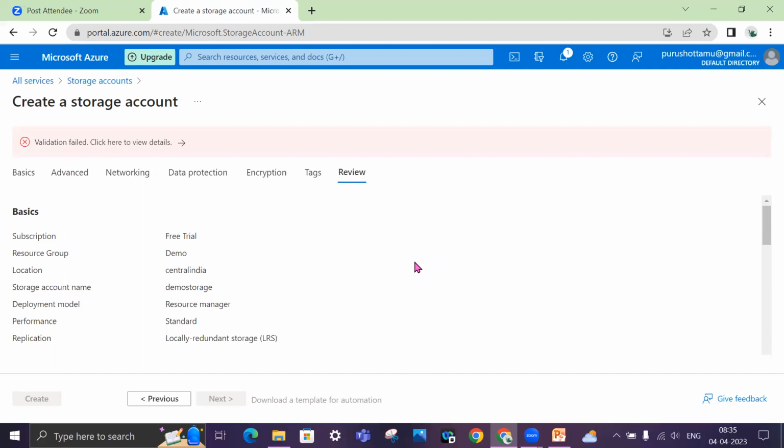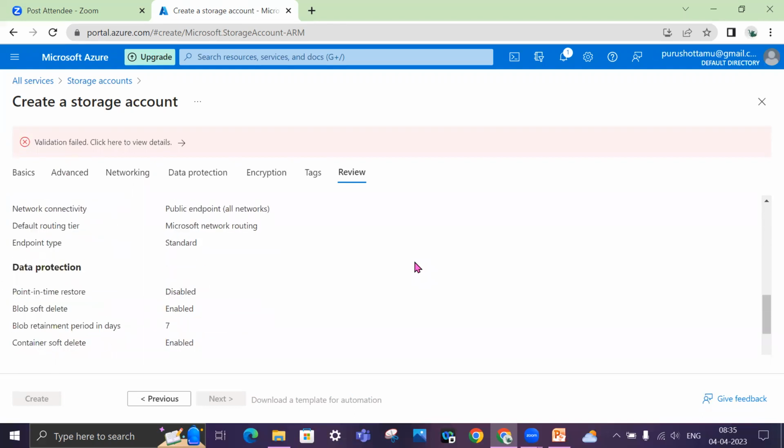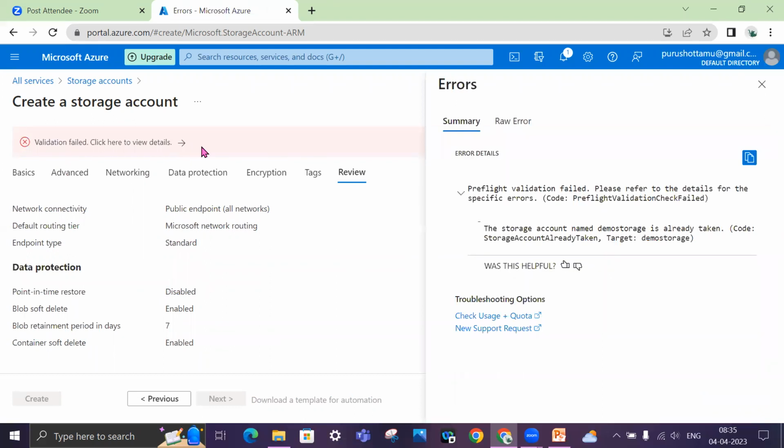See, validation has failed. So what failed? Let's see. The storage account name demo storage is already taken by somebody else, so I need to use a different name.